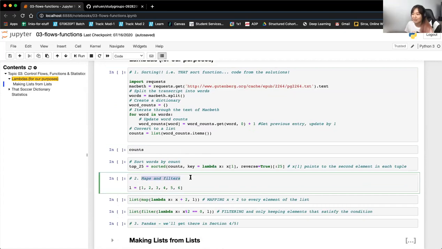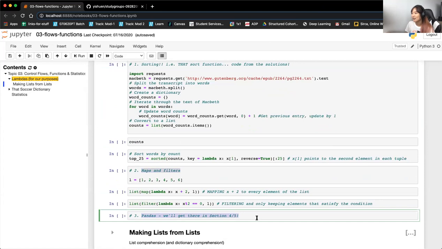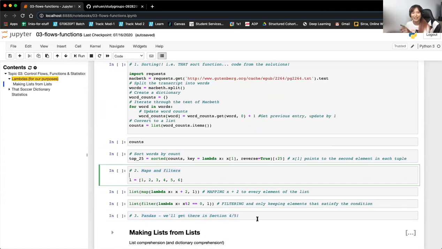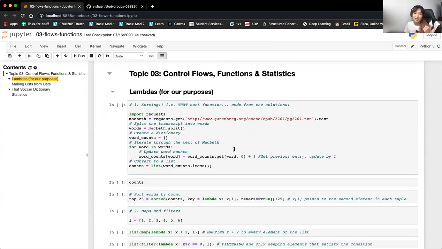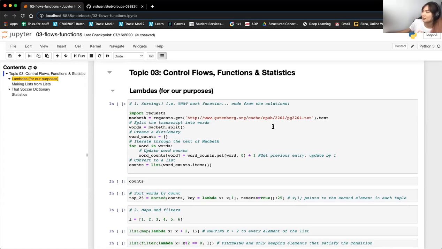We also use lambdas in maps and filters, which I'll go through as well. And finally, in pandas. And pandas is where that lambda section actually first comes up. So we'll talk about the pandas part when we get there, but first I'm going to talk about sorting and also maps and filters. So just to start,